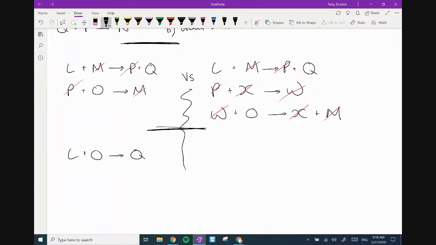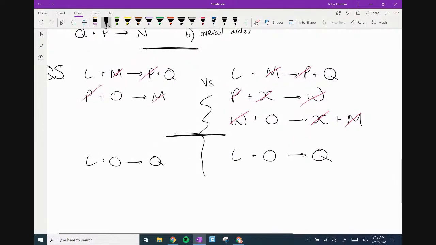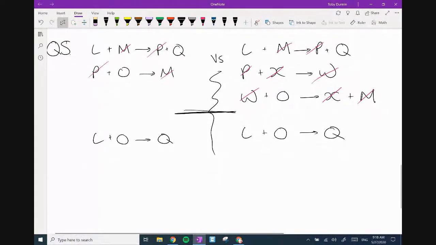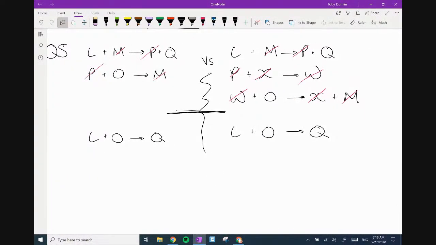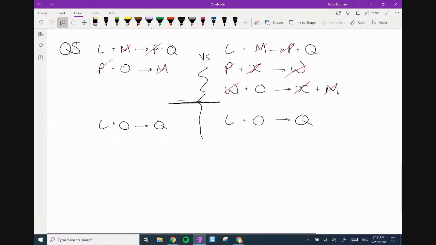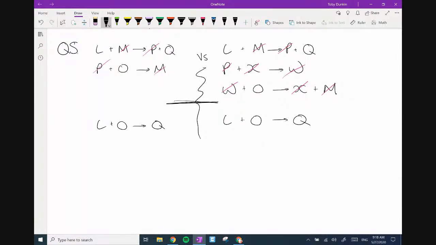It's my boss. Always love it. L plus O gives me Q. Perfect. They give me the same overall equation. Yeah, we realize that just from our process of being able to combine equations. Well, if we now look at the rate equation,